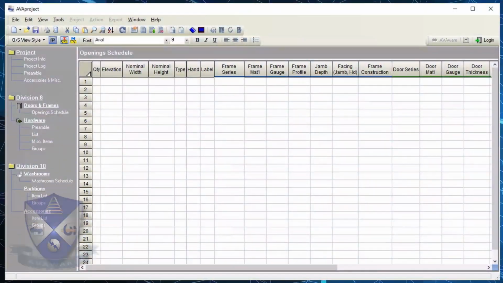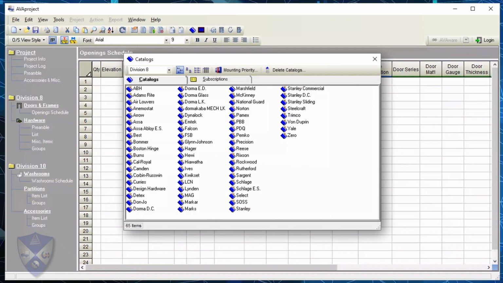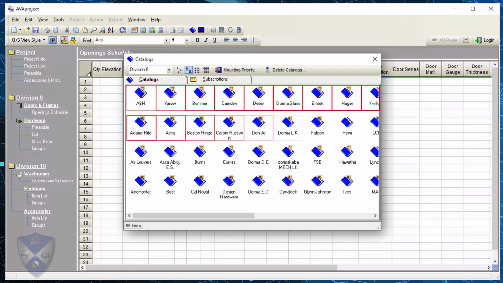Within AVAproject and AVACAD, users are able to access an inventory of installed catalogs through the Catalog Explorer. Its familiar interface is designed to mimic the standard Windows File Explorer. A list of all catalogs currently installed on the system can be displayed using small icons, larger icons, or in